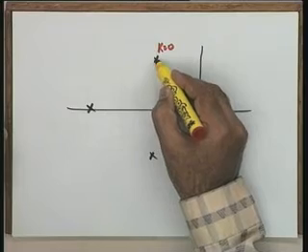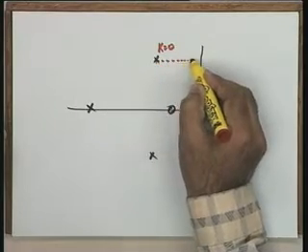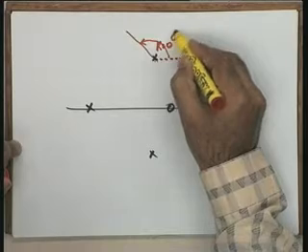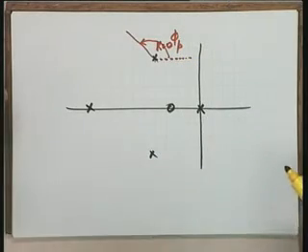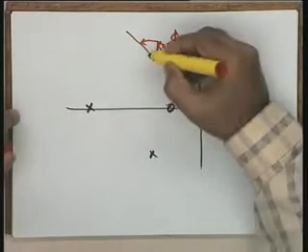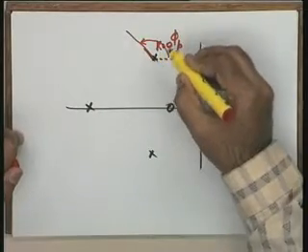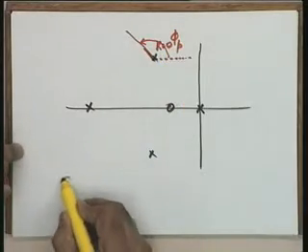Please see that the phi p angle will be written this way. Draw a horizontal line, draw an angle phi p. So if I determine the angle of departure at phi p, it means the root locus will leave this way at this particular point. Now this angle of departure phi p is given by this formula.